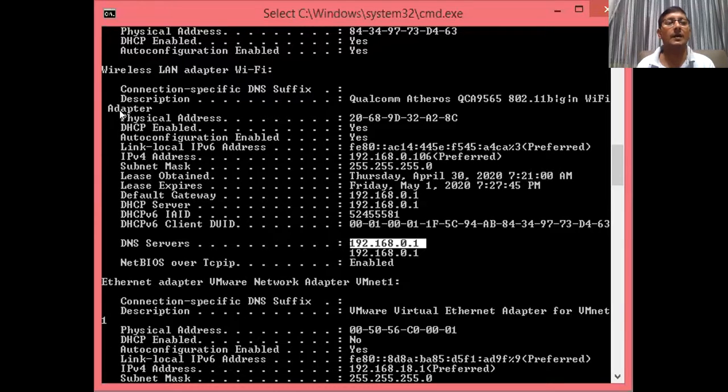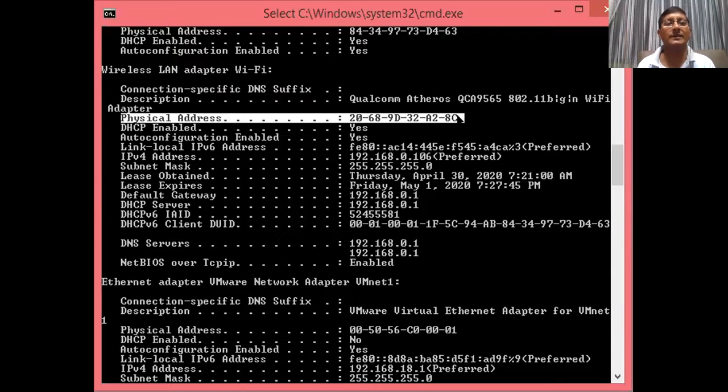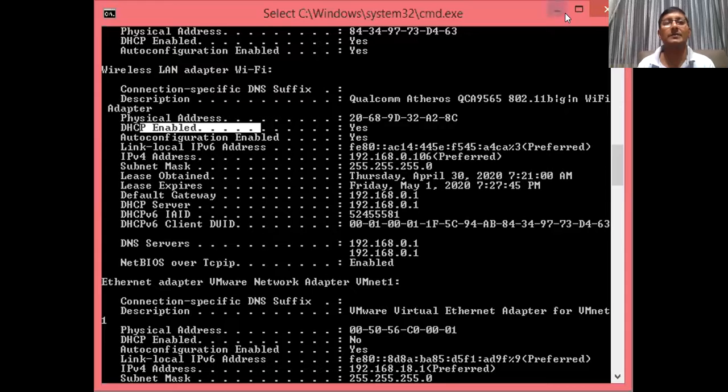So these details we are going to get with the help of ipconfig. With ipconfig you are also getting one more technical piece of information: the physical address. Physical address is nothing but the MAC address. The MAC address will be assigned by the manufacturer of your LAN card. We can call it a constant hardware address. Who the manufacturer is and all details you can find here. For this Wi-Fi, a few things we need to focus on: the physical address, whether DHCP is enabled or not, and the IP address we need to gather.